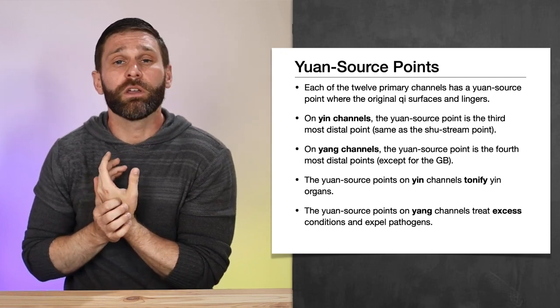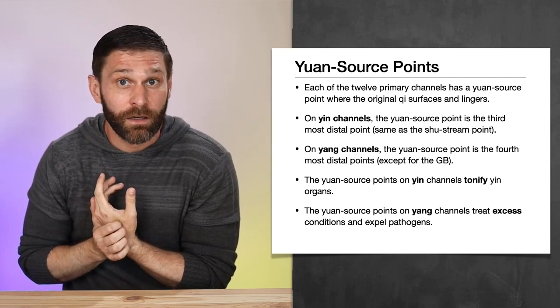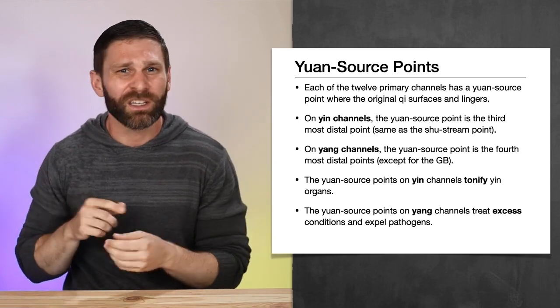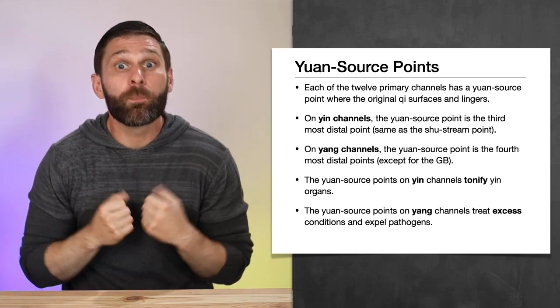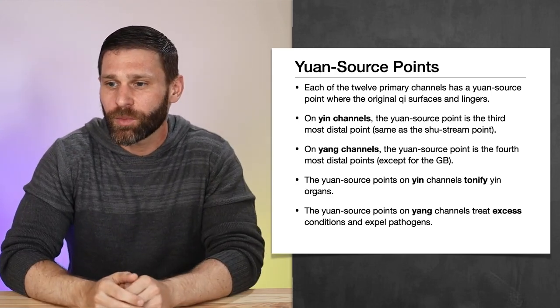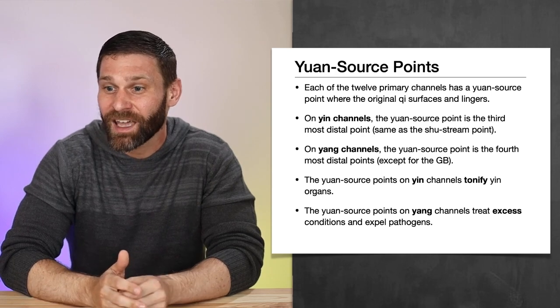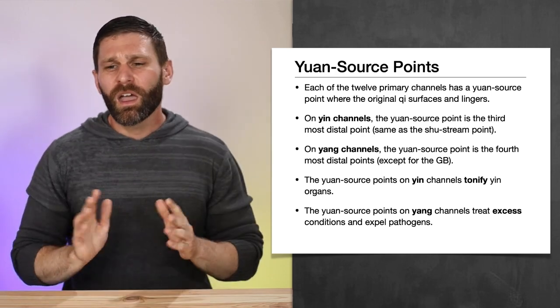So this is going to be a really good point for releasing the exterior. If somebody has an exterior attack of wind cold or wind heat, it's really common to needle LI4 to release the exterior and push the pathogen out. So that's what we mean when we say they treat excess conditions and expel pathogens. And this is maybe a little bit weird, because I do know that there are some teachers who just say Yuan-Source Points tonify. I think one of my 5 elements teachers said Yuan-Source Points tonify, regardless of yin or yang. And so there are some people that take that point of view, but at least